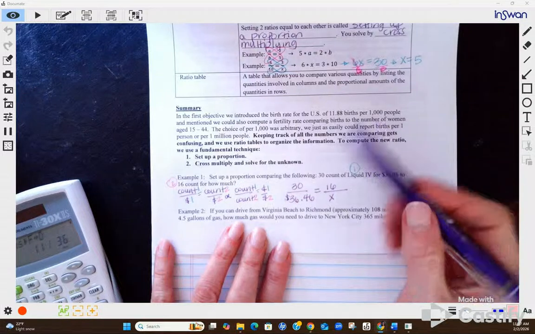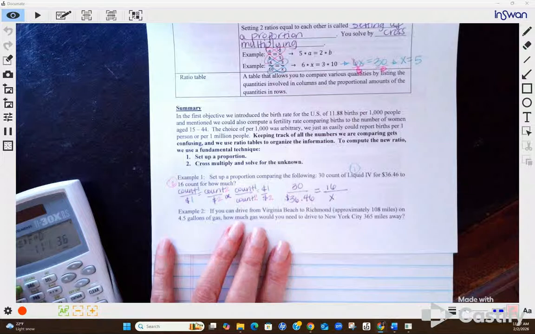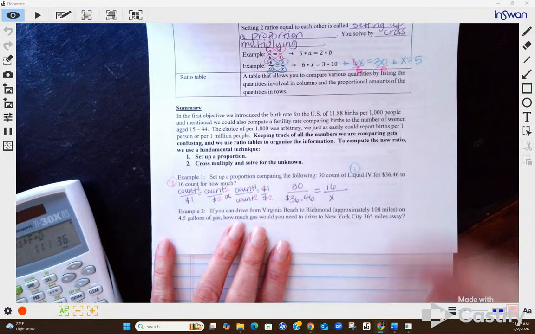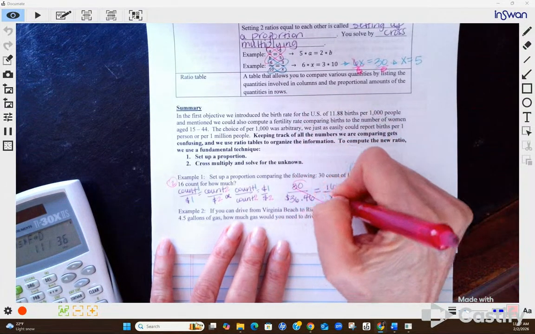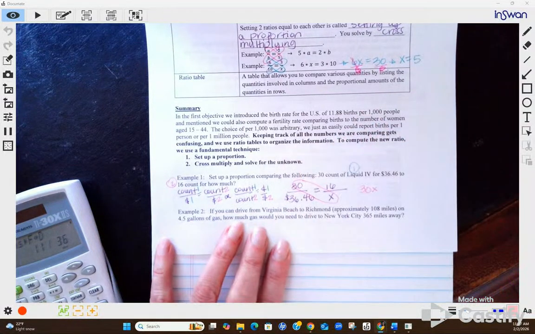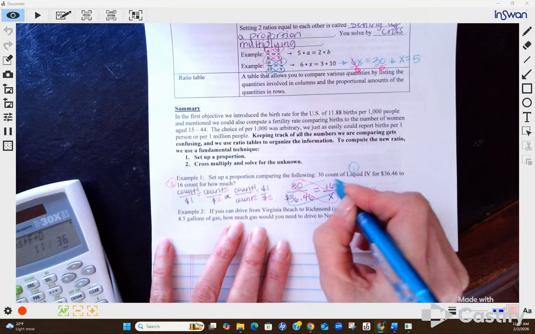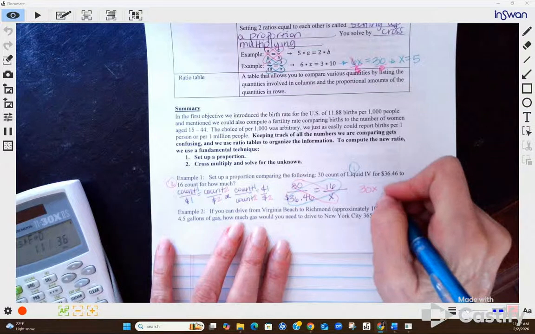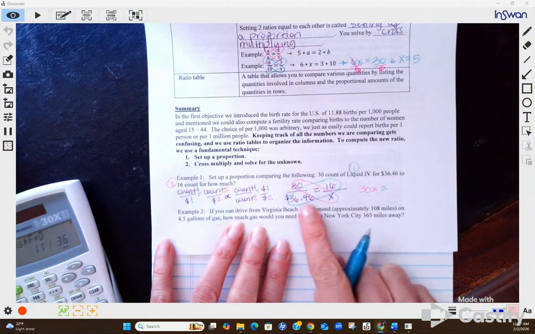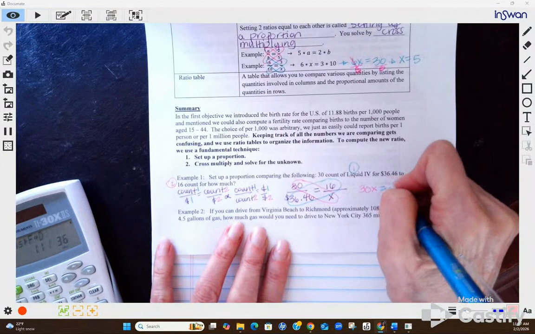But I could have done 30 over 16 equals 36.46 over X. When you cross multiply, you take the top of one times the bottom of the other. That gives you 30 times X. Then we take the other top times the other bottom, and that gives you, when you put that in your calculator, 16 times 36.46,